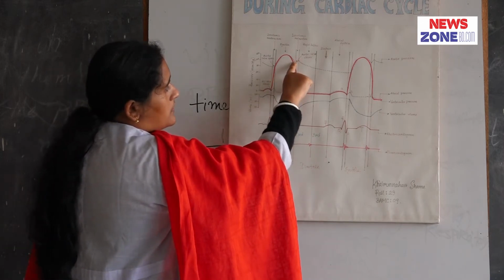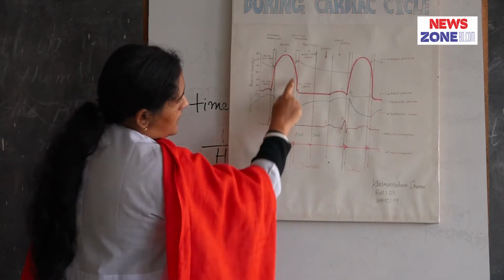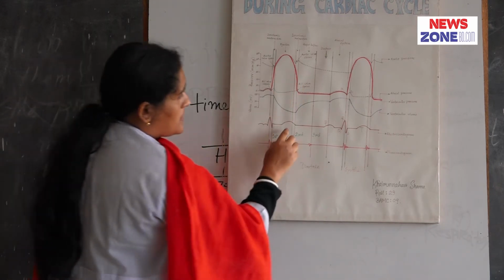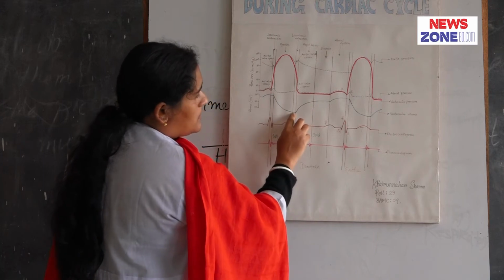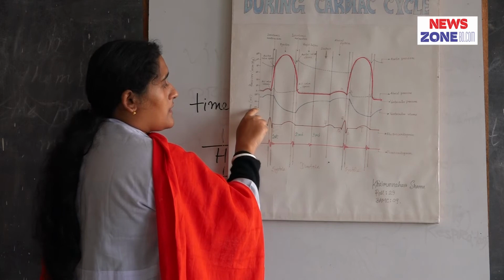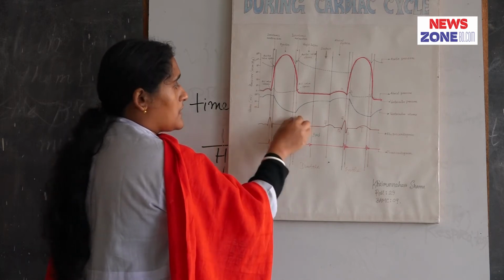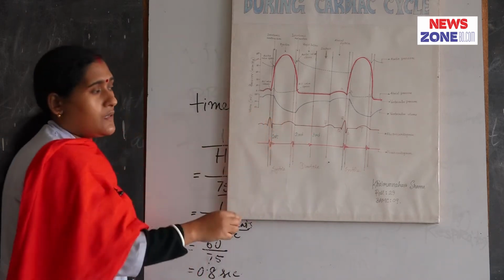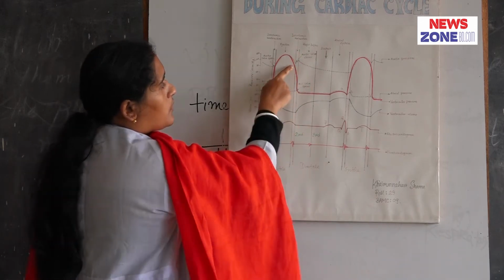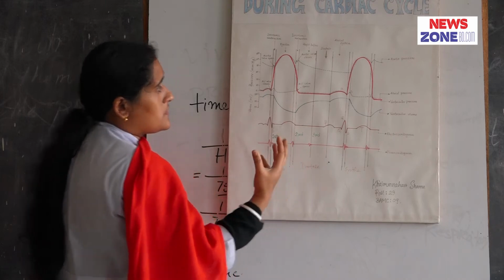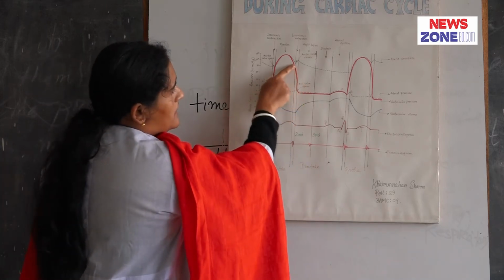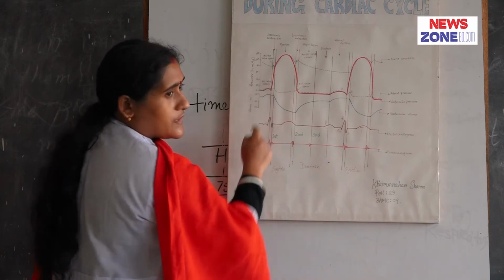So there is no entry of blood into the ventricle, and interventricular volume is not changed. It remains at 50 ml. So interventricular volume does not change in this phase because both valves are closed, so there is no entry of blood into the ventricle, and in this phase ventricular pressure falls rapidly.